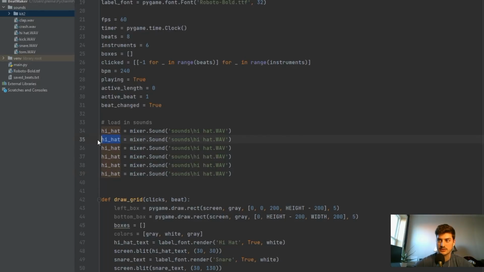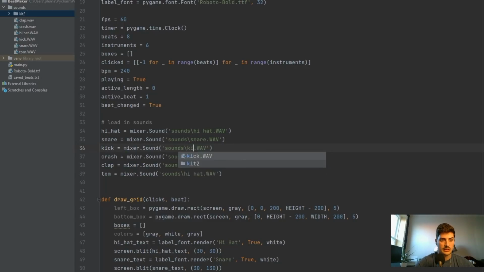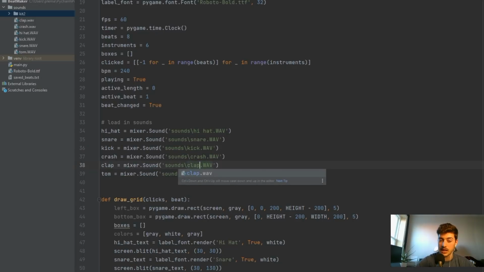So we'll say hi-hat, and then snare, and then we'll call it kick, and then crash, and then clap, and then tom. Okay, and then in the sounds locations, we'll do snare, hi-hat, kick. Make sure that your names match up exactly to what the actual files say over here. I always recommend if they don't download as something pretty logical, consider renaming them to something that's a little easier,